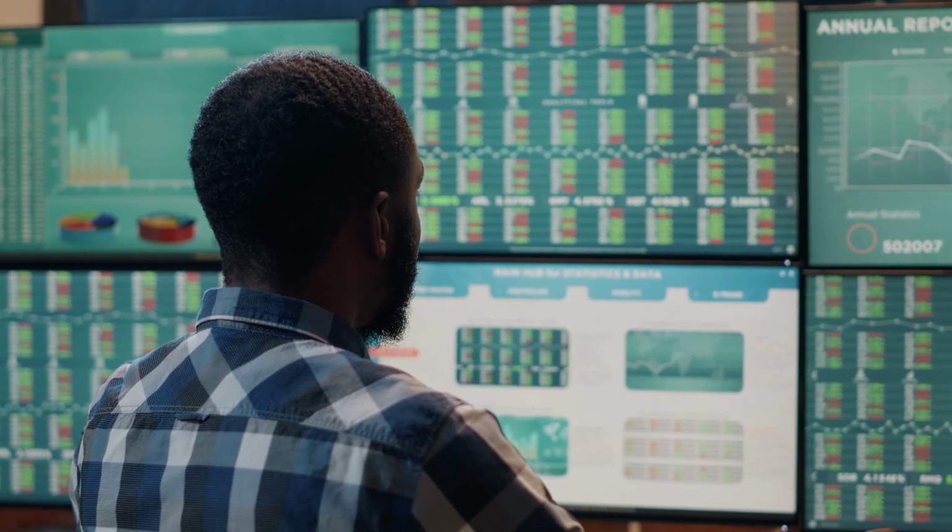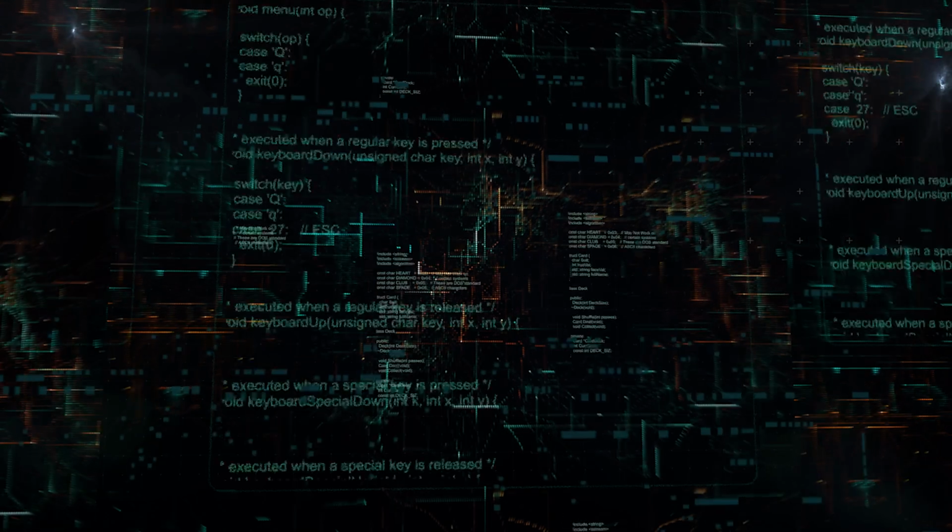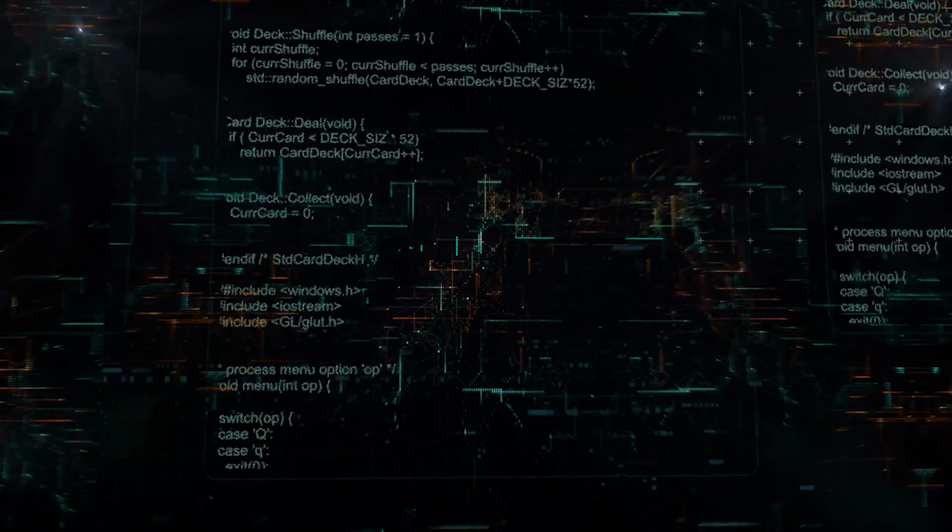My former colleague, with whom we had worked together in the hedge fund for 2 years, offered his help. He sent me 18 pages of small text. It was a tricky script that all the worst top traders now memorize to the hilt. Don't worry, there is nothing difficult here, especially for you. I have gone through this monster pile of text, extracted all the necessary and important information, and adapted these strategies to binary options. Now I'm ready to share my knowledge.